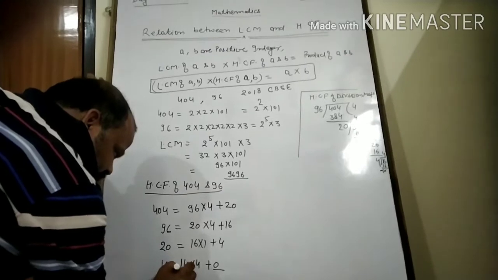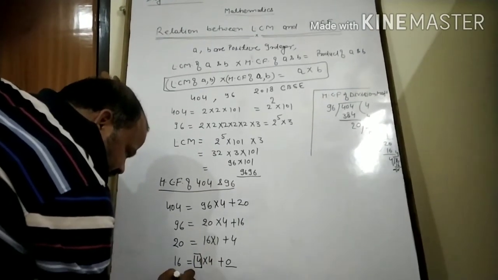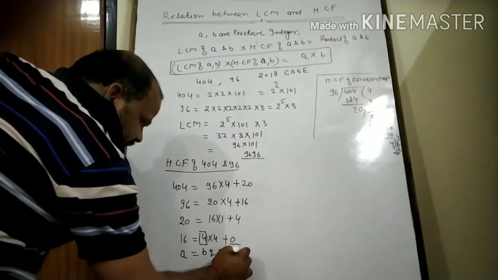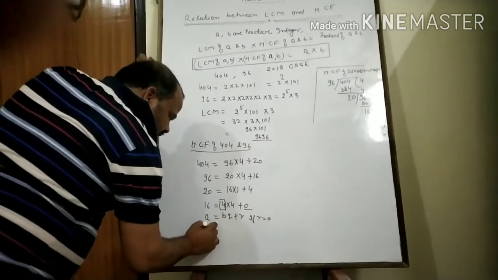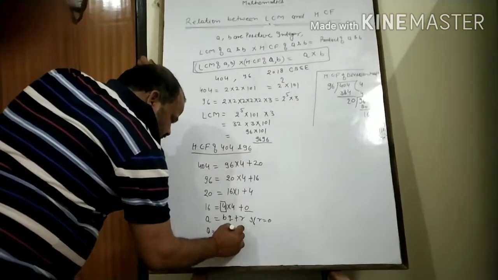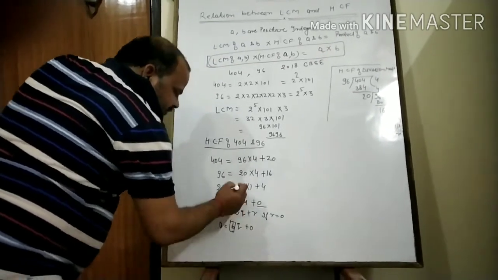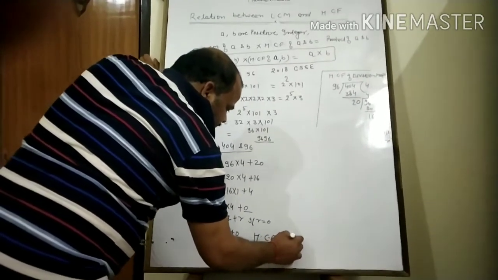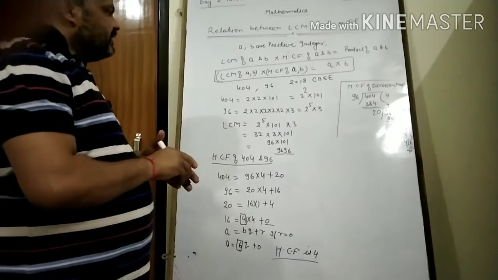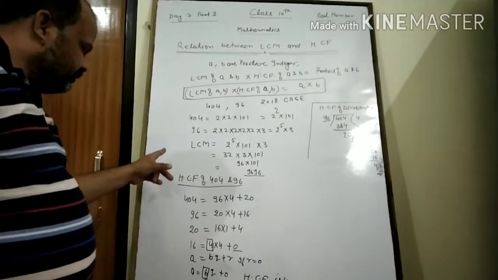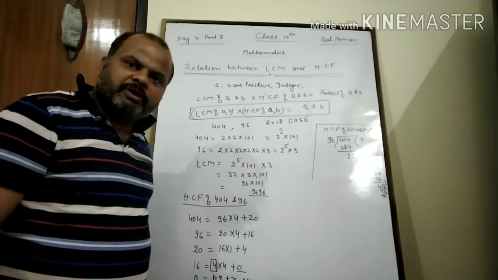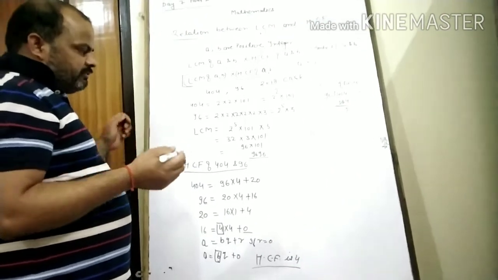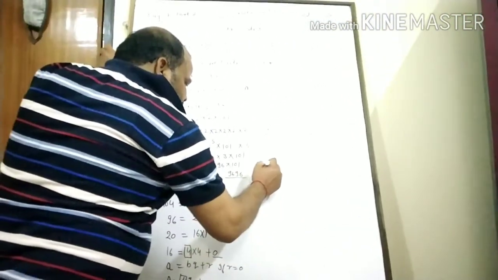That's why, it is in the form A is equal to B Q plus R. If R is equal to 0, then A is equal to B Q plus 0. In this case B is the HCF, that's why HCF is 4. See, in the examination if it is asked to find the HCF, then you can follow the Euclid division algorithm only. Clear? Then after you verify your result. What is the meaning of verification? Here you can put verification.